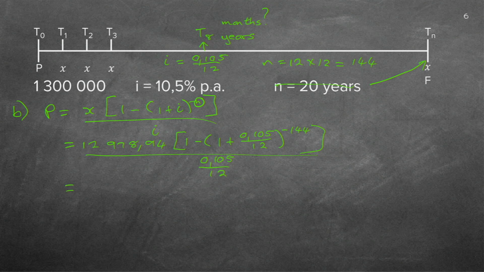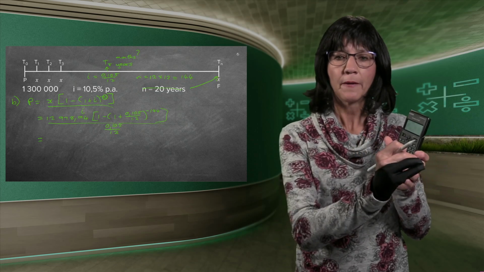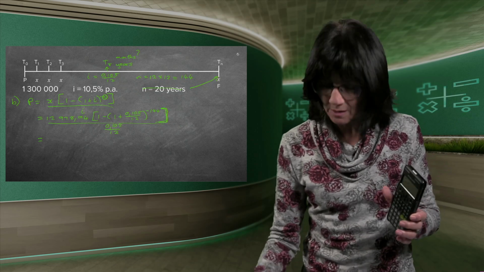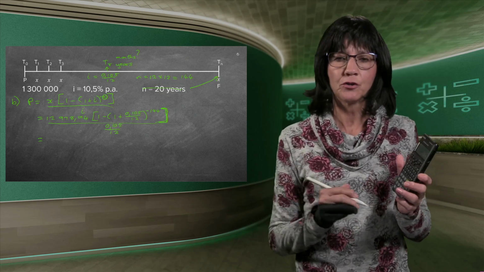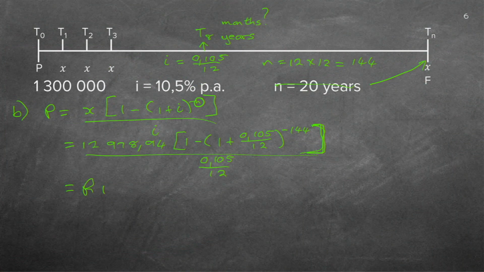Good. That is a lot of stuff to slot in. Again, you use your calculator, you use the fraction button, you slot in the whole top. Be very sure that you put this last bracket, which we many times leave out, after you went to the right with your cursor, and then only you go to the bottom, and if you click equals, it gives you 1,060,249 Rand and 5 cents. Outstanding.